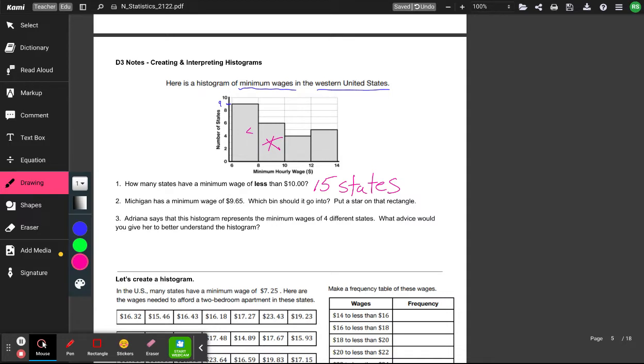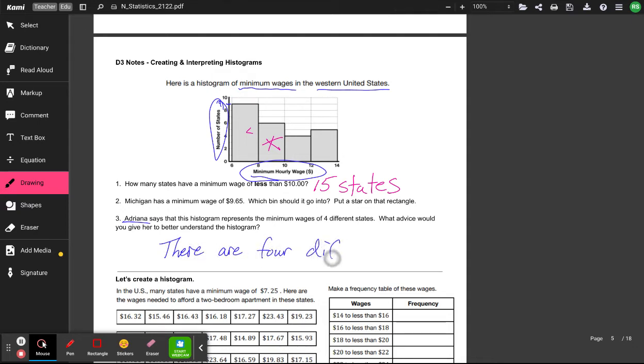Adriana says that this histogram represents the minimum wage of 4 different states. What advice would you give to her to better understand the histogram? Well, the number of states is measured there on our vertical axis. This represents the minimum hourly wage. So with 4 different bars, I would say, well, Adriana, there are 4 different